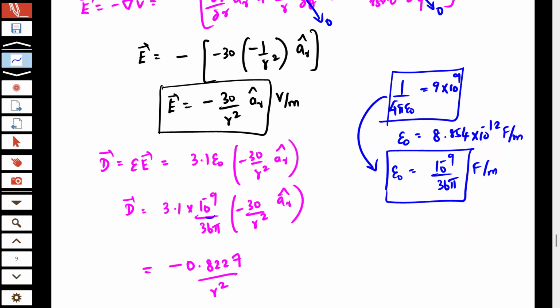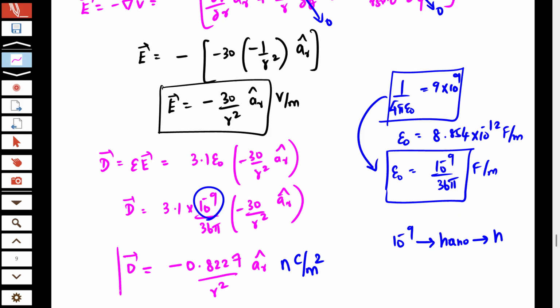We know 10 power minus 9 is indicated as small letter n. So nano coulomb per meter square is the unit for flux density, and the direction is AR cap. This is the vector D,